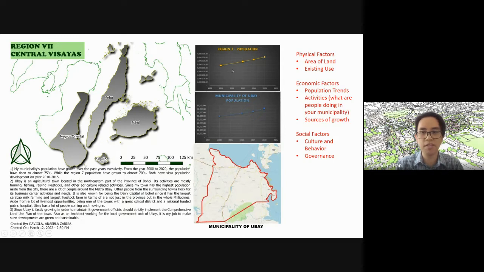Population growth has been steadily increasing from 60,000 to 80,000 people. And then on the regional scale, that's from 6 million to 8 million people. So that's all over Region 7. That's like a 2 million increase from 2000 to 2020. And over here, a good thing about these line graphs is the higher the slope, the higher the population